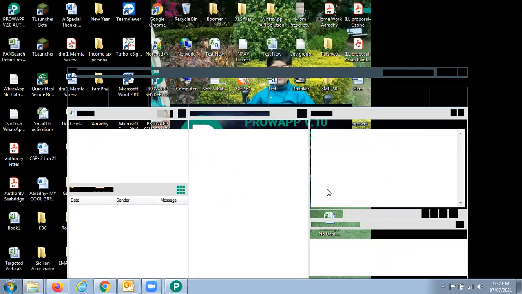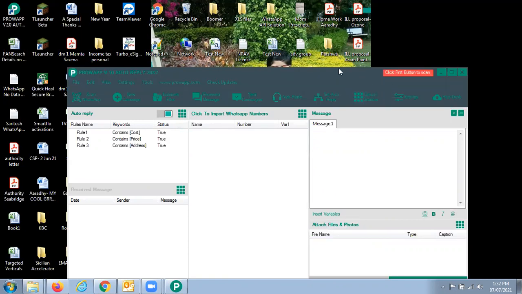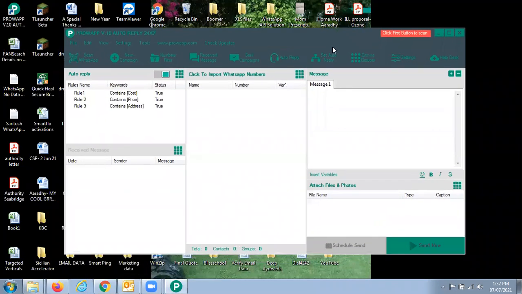So this is the application which you can use to send bulk WhatsApp messages. If you have a database and you want to promote your product on WhatsApp as a marketing tool, you can use this software. It starts with this: we first have to scan with the WhatsApp number from which we want to send WhatsApp messages to our customers or new unknown people, like my probable clients.